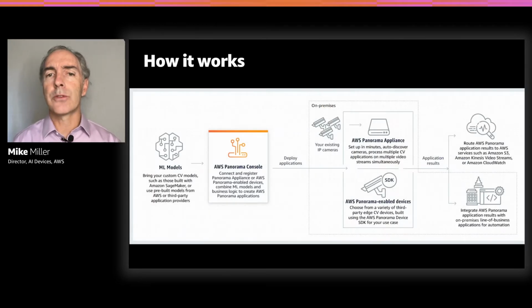Let's double-click a bit on how Panorama works and look at each technical component. Starting at the left, customers who want to improve operational processes begin with a machine learning model, either by supplying one they've trained on Amazon SageMaker or using a pre-built model from AWS or third-party providers. Customers use the Management Console interface to register and provision their Panorama devices, whether appliances or Panorama-enabled cameras. This flow includes specifying the network configuration for the device, downloading that configuration, including the encrypted credentials, to an included USB stick. Your Panorama then reads off that USB stick and uses it to get connected and provision the appliance